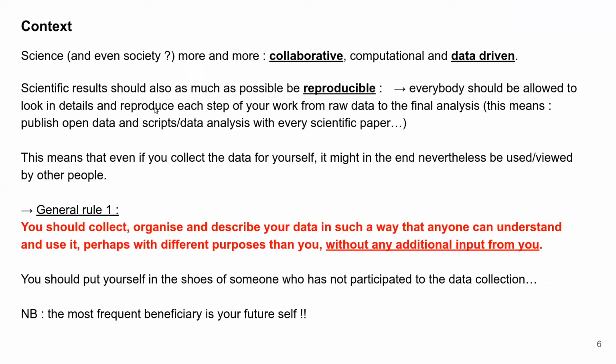So for scientific results to be reproducible, one of the basic conditions is that everybody should be allowed to look in detail at the data set and try to reproduce the result, for example, of a paper. To do that, you need to share the data with the paper. This means that even if you collect the data for yourself, it might in the end be used or viewed by other people. So the general rule, which is a kind of big summary of everything we are going to discuss afterward, is that